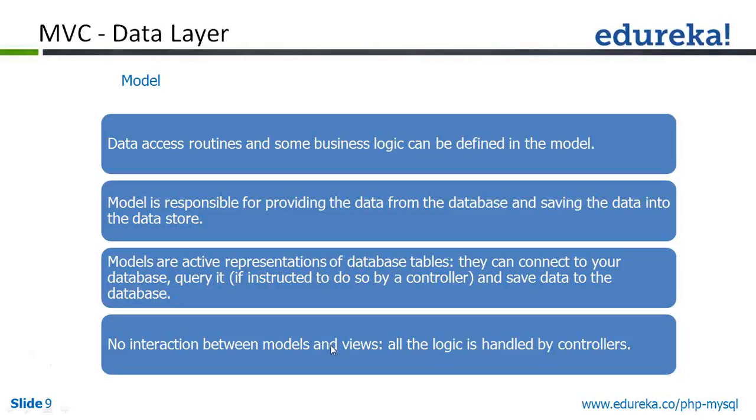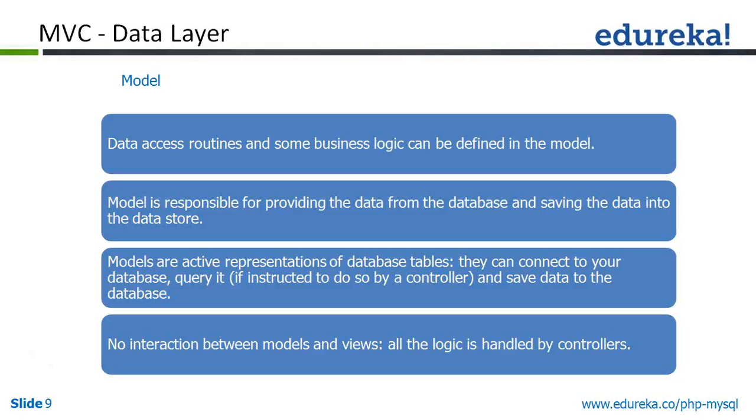No interaction between models and views. All the logic is handled by the controller. Even the model can also do logic; that's called business logic. What is done by the controller is normally called application logic. We'll talk about that in the regular session. So only one point from this slide: what is model in MVC? Model is data. What is this data? That is nothing but working with the database, storing the data, retrieving, updating, deleting. That's the model we talk about.